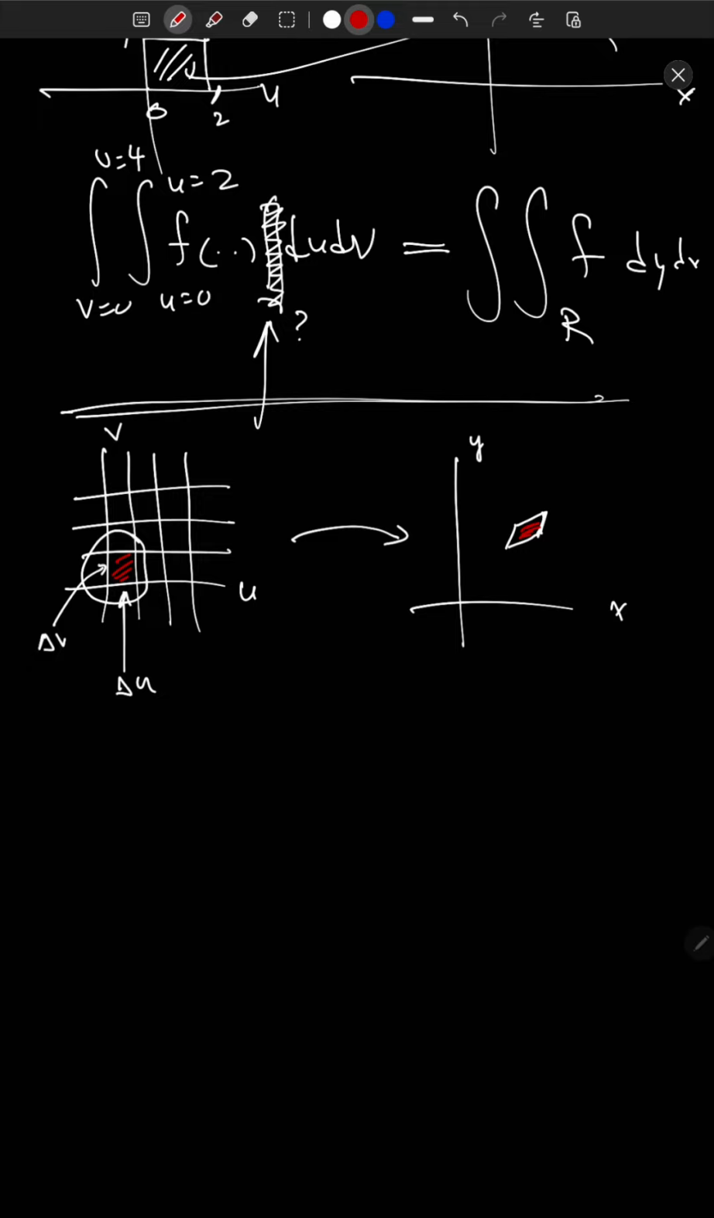So the correction factor is going to be the area of this parallelogram versus the area of this rectangle. Okay, so what is that? Well, if you think about this, basically in analogy to what we did just now with the one variable situation, this vector right there is going to be roughly described by d